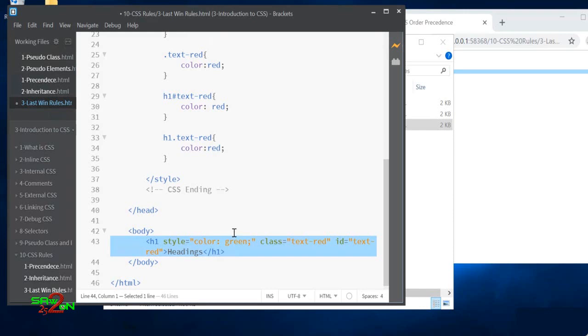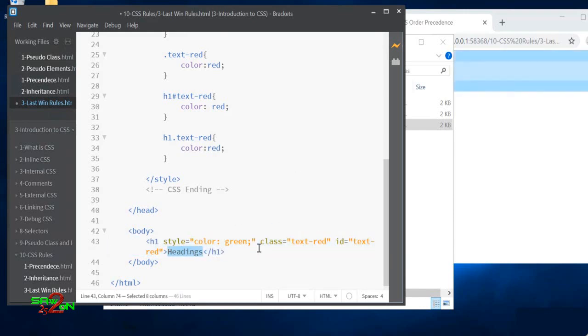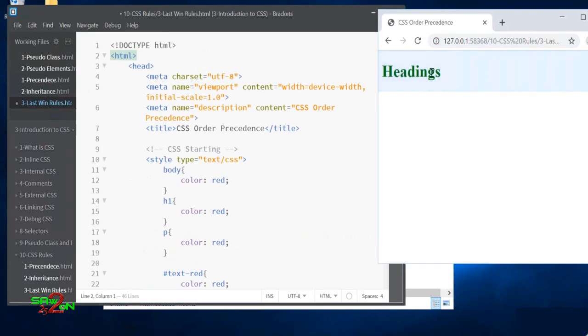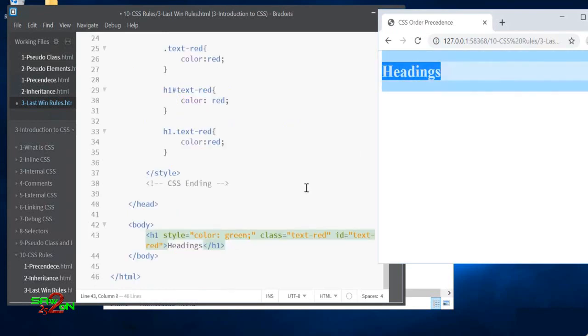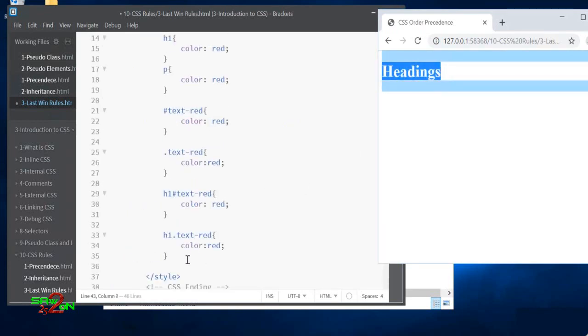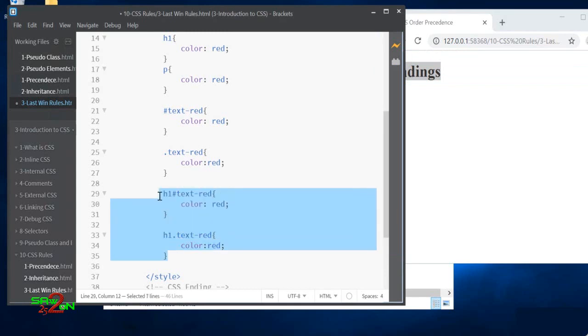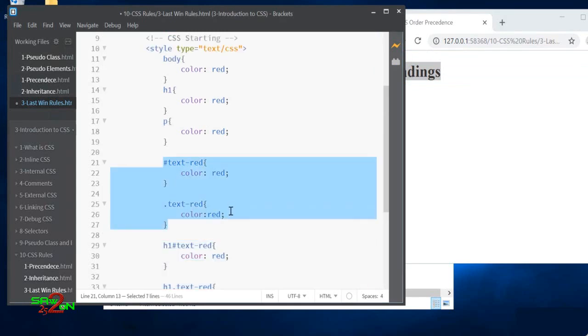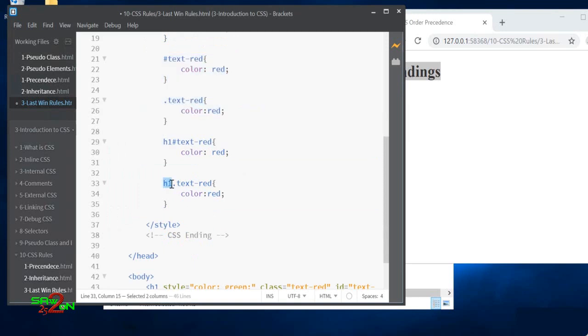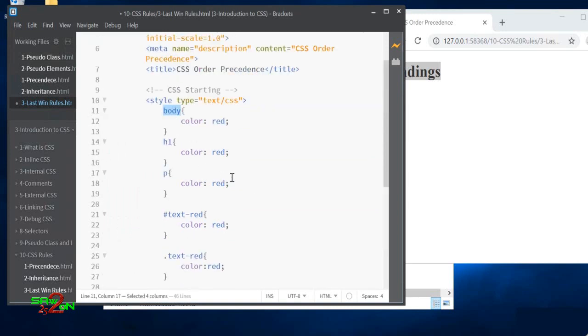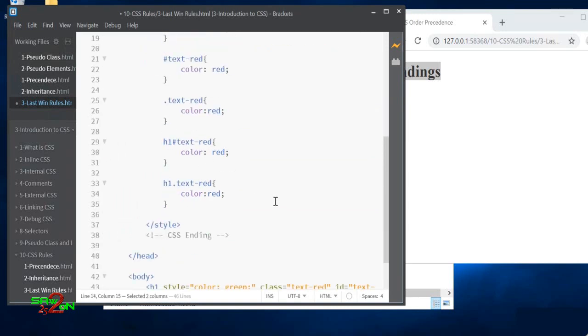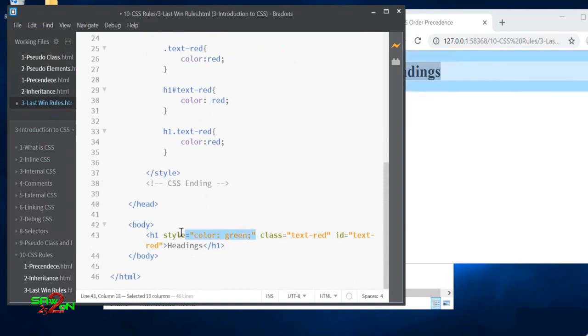So can you guess? You cannot see the output, so can you guess which of the conditions has been applied to the headings? That's what we are talking about. Which is the last condition that has been applied onto the h1 tag? Well, that's the green, not the red. We have even done so many ways of applying red onto h1. We have defined the id and the class specific to h1. We even did the body as red, h1 as red, but the last condition that's applied is the